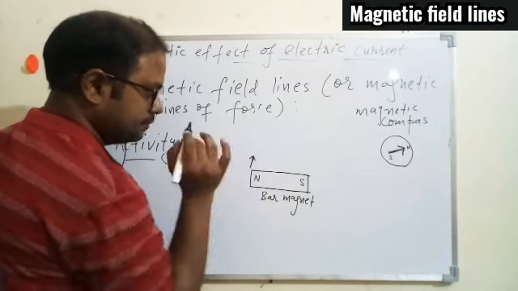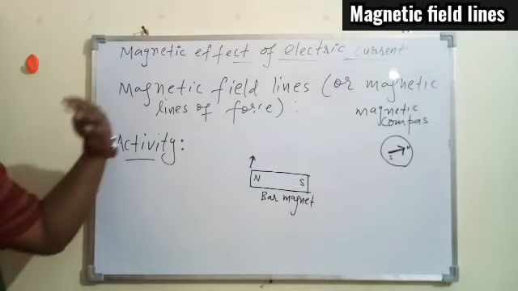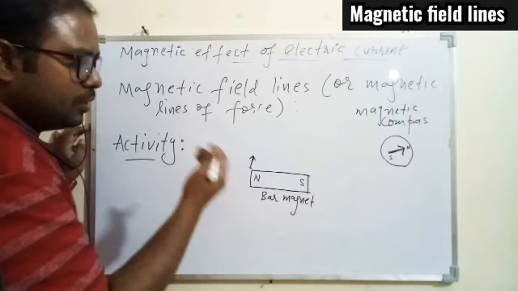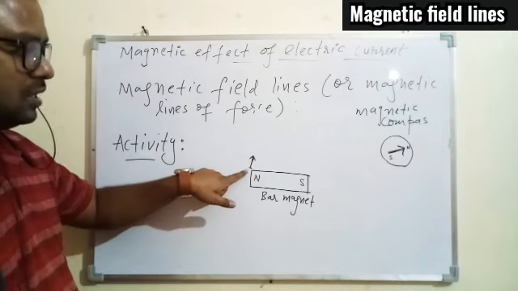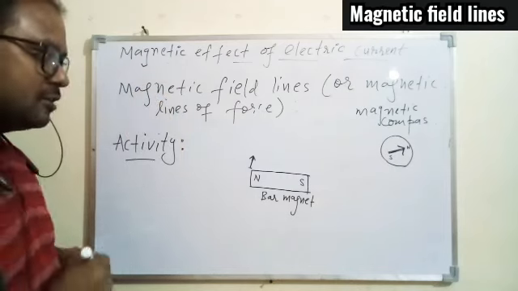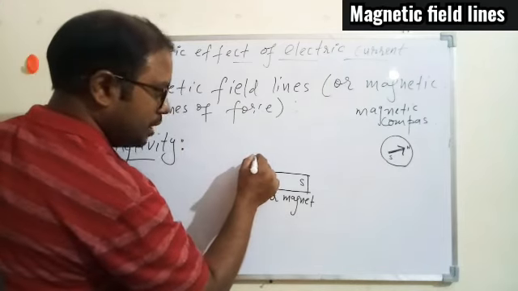So you will see magnetic compass needle will be pointing like this in a particular direction. So I will be just showing you the needle, okay, not the entire compass. So once you place it nearby the north pole, you will see the south will be attracted, so the needle will be pointing in particular direction. Now what is to be done? You mark this point.